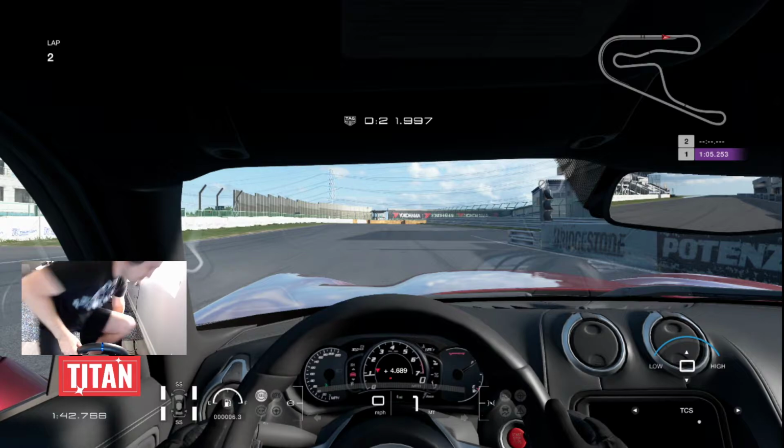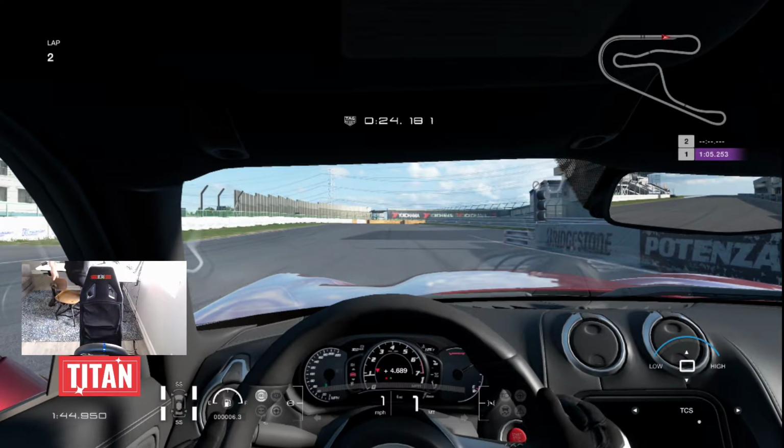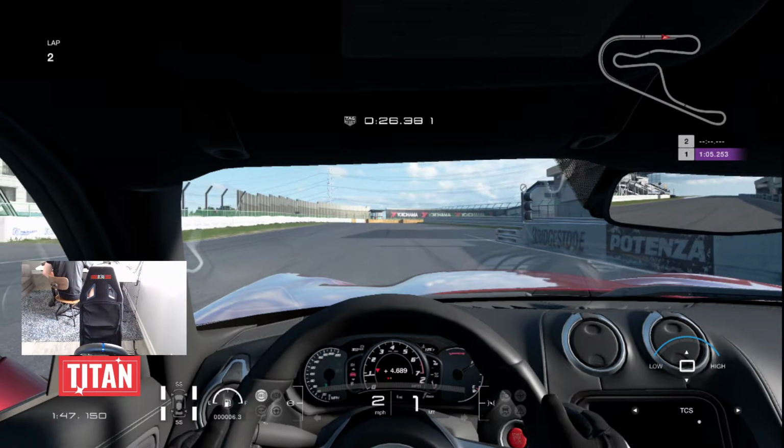That was the Dodge Viper GTS. We're heading back over to the desk right now. So that was the Dodge Viper GTS. It's not necessarily a car that wants to drift, that is for sure. But it is a car that is a fun car. If you're looking for a car to just own...